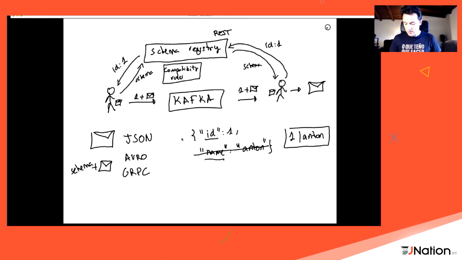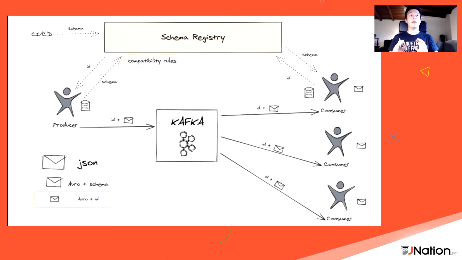So for example, in this case, deleting a field is not compatible because, sorry, with the old schema, the consumer is not going to be able to read the old messages, because now there is a field name, but it's not informed anymore. Okay, so with the schema registry, you can make sure your producers only make changes in the schema which are not going to break your consumers, and that's a really good thing.